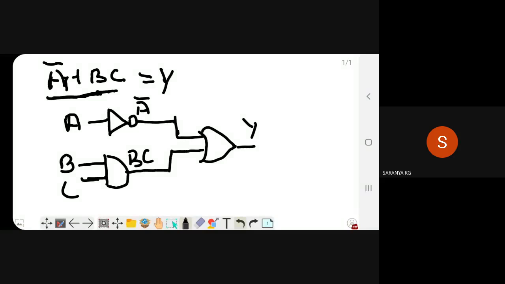Now I'm going to implement the same logic diagram by using NAND gates. Just replace using the above table. Recall how I did the NAND implementation for the AND gate and for the OR gate. Just replace the basic gates in the logic diagram. For A bar you have a NOT gate here.